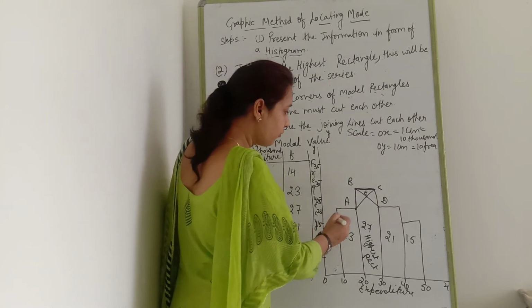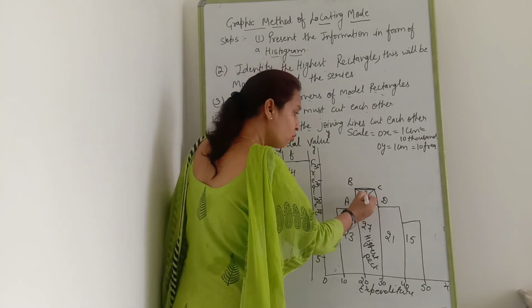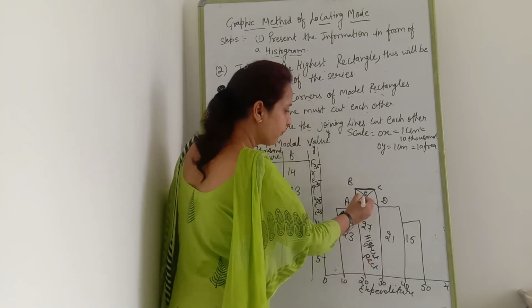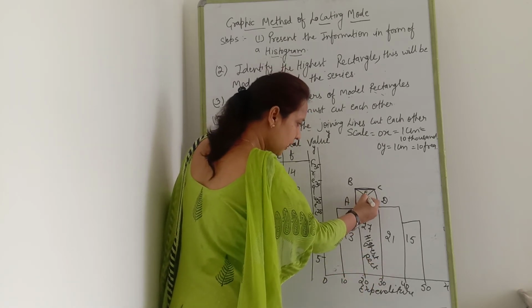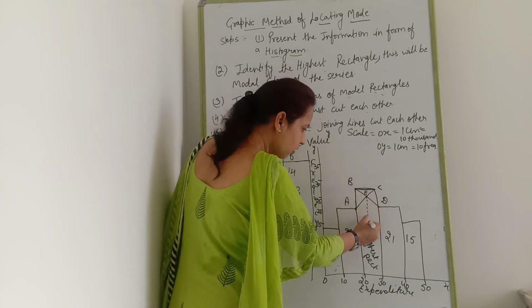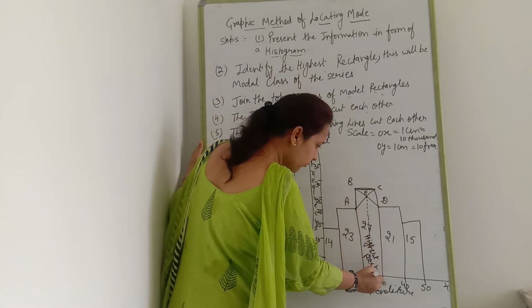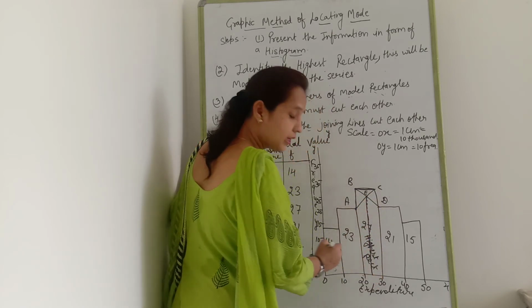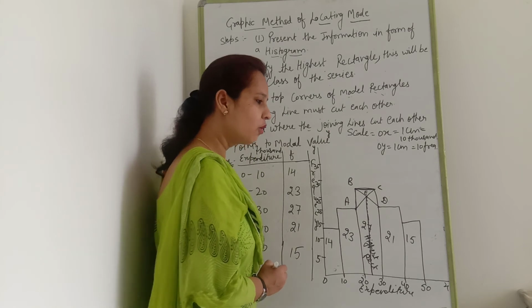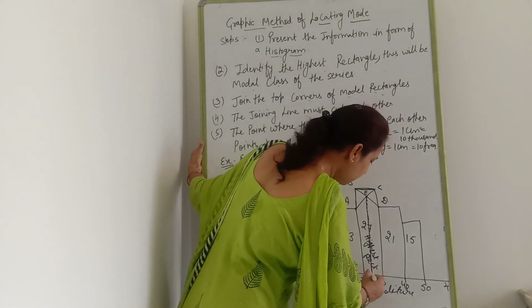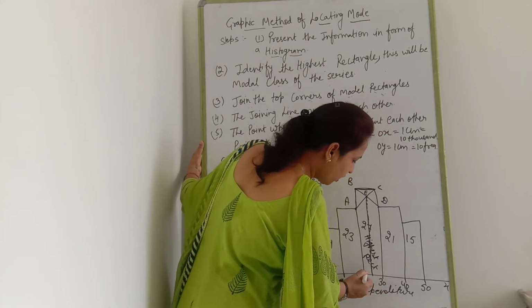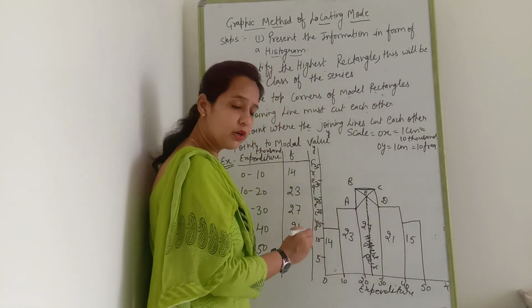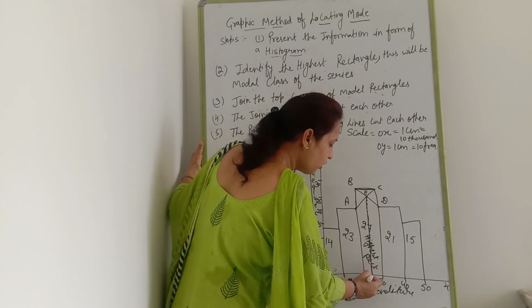But what do you have to do? You have to draw a line till the end between 20 to 30. Now with your scale, with your ruler, you can draw the line. Clear? Suppose I have drawn the line here. So what will be your mode? Your mode will be approximately 24. You have to count. If you draw it on the graph, you will be able to find out easily what your mode is.